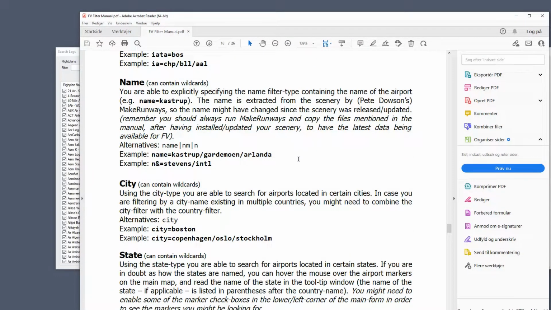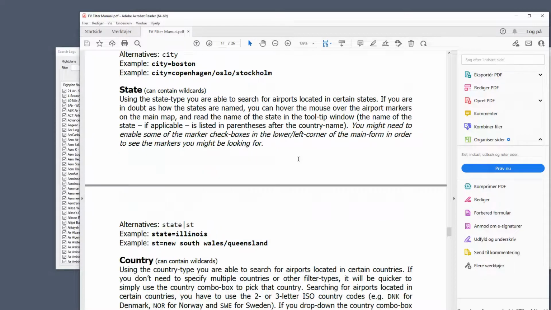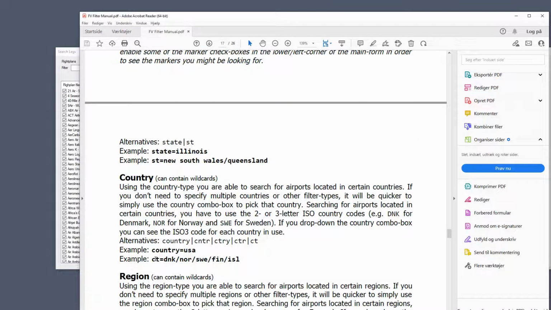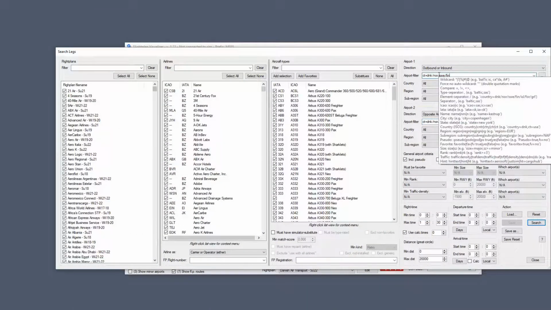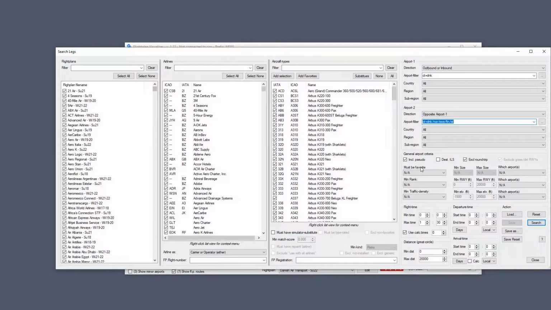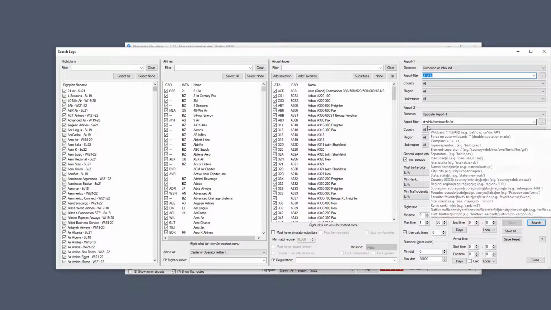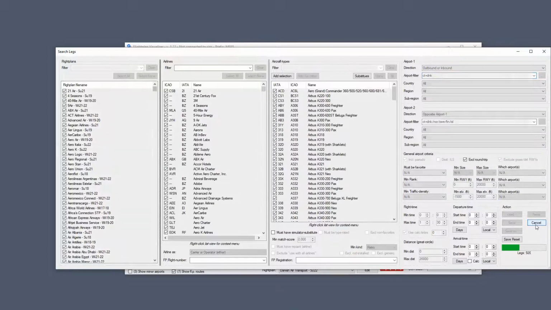and we have different things. We can, for example, choose by country, CT. So if I copy this line and paste it in here, and I say only DK, and then let's choose that. Country equal DNK, that's Denmark. So it's all flights that are inbound or outbound from Denmark, and they go to an airport that's in Denmark, Norway, Sweden, Finland, or Iceland. So when I do a search,